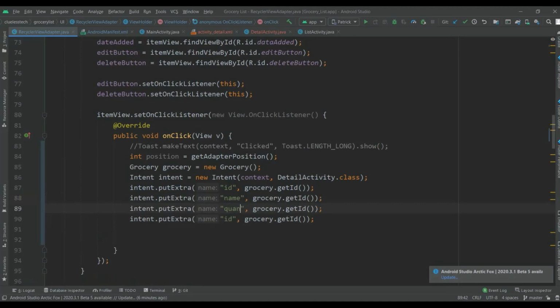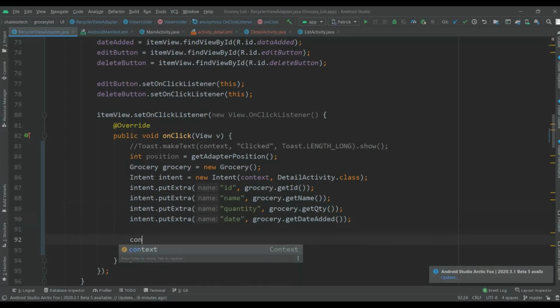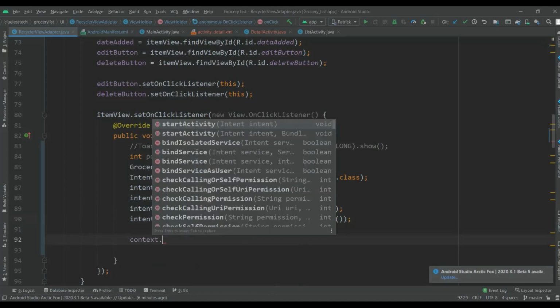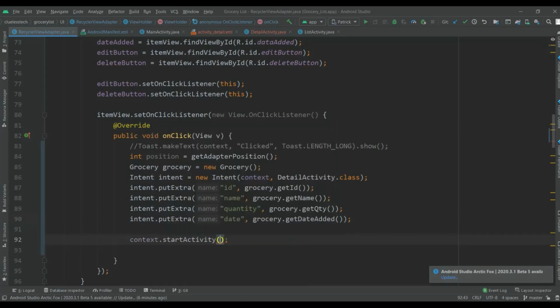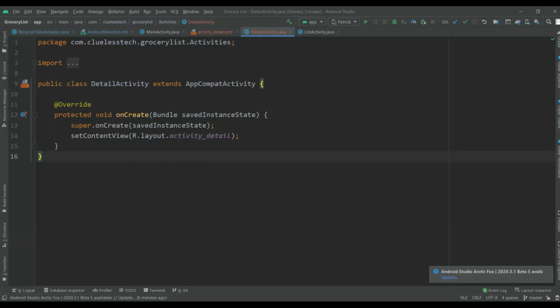Here grocery.getName, getQuantity and getDateAdded. Okay, and now we will pass this intent to context.startActivity(intent).